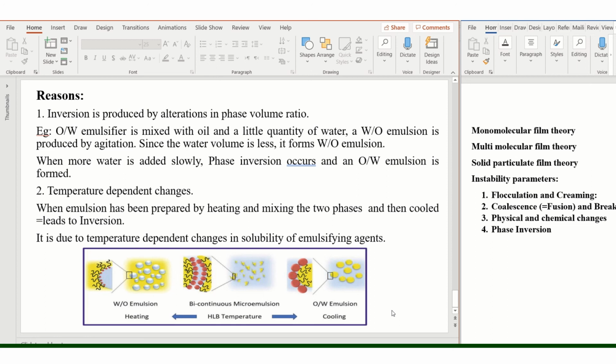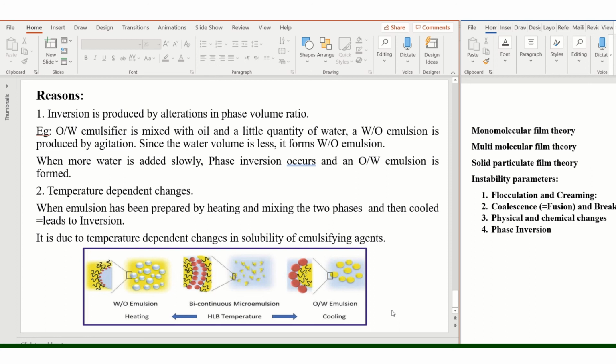In the next lecture, we'll be discussing how we can counter these types of unstable parameters. How can we improve the stability of the emulsion? Being a pharmacist, we need to formulate a stable product, right? So in the next lecture, we'll be discussing the different methods to improve stability,